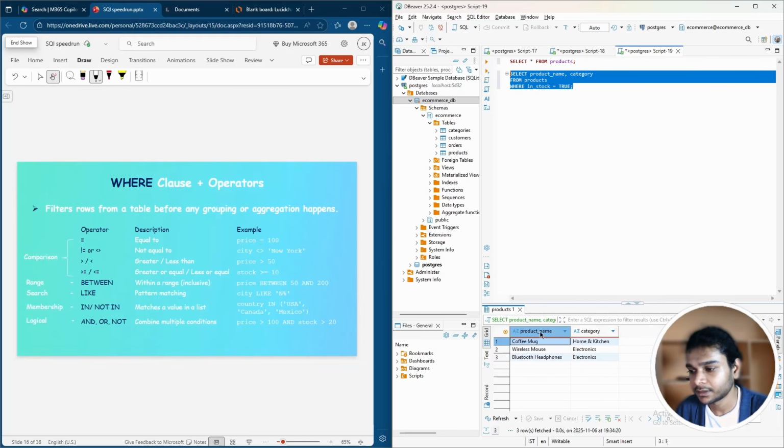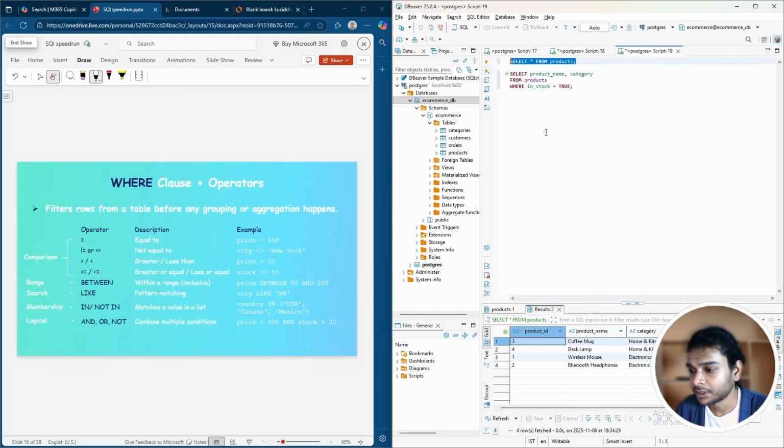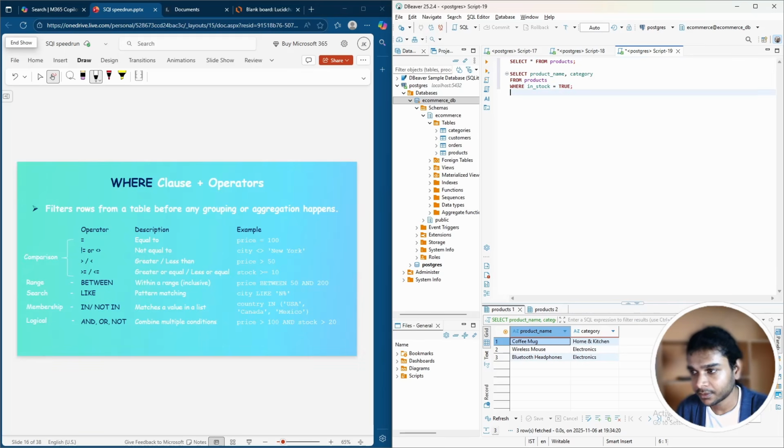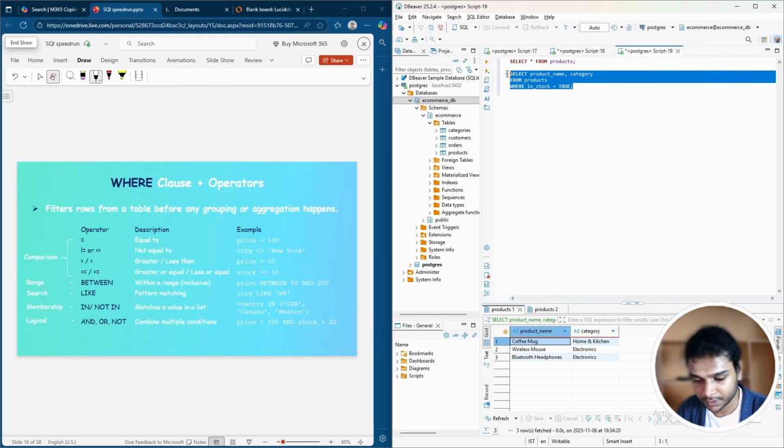Let's run that. See, coffee mug, wireless mouse, Bluetooth headphones. I'm going to open the actual products table in a separate tab just to compare. This is the actual table. It has 4 products, but the filtered one has 3 products which are in stock. Okay, now for the next demonstration,